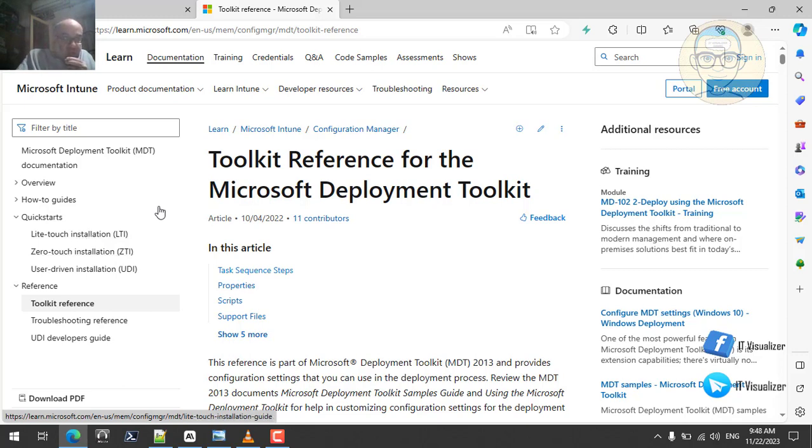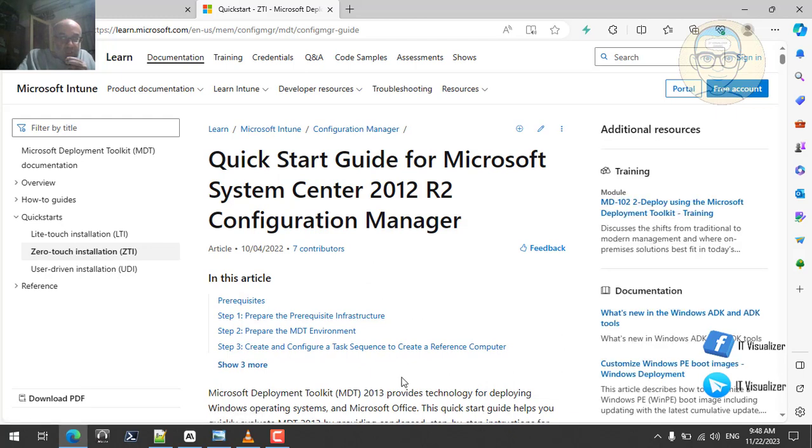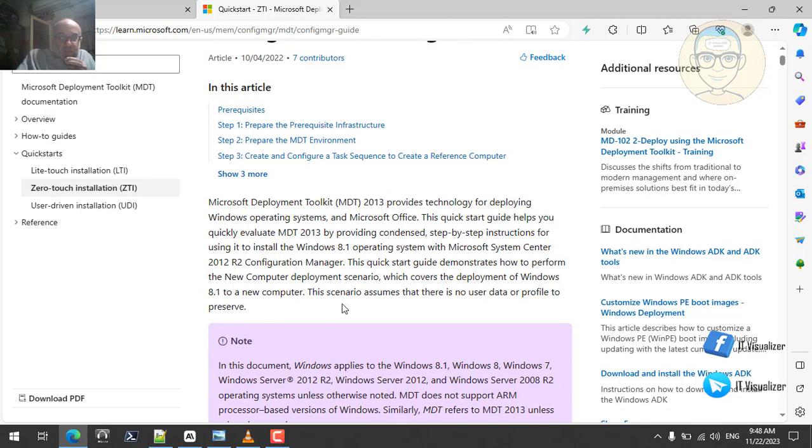So the light touch installation can be for the capture process and for the deployment process, and zero touch can be for the deployment process and the capture process, and the user driven installation the same for the capture process and the deployment process. Let's go to zero touch installation and see what it says, or a little bit of a brief here. It says that Quick Start will quickly evaluate. This is for MDT 2013. This is very old documentation,